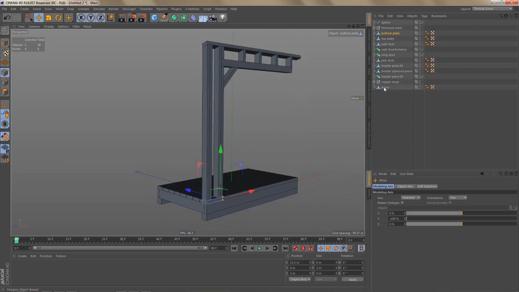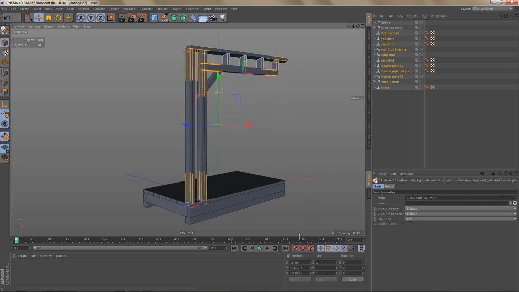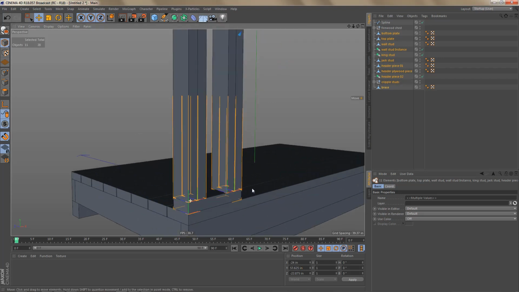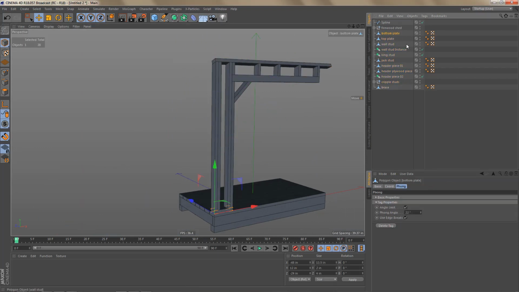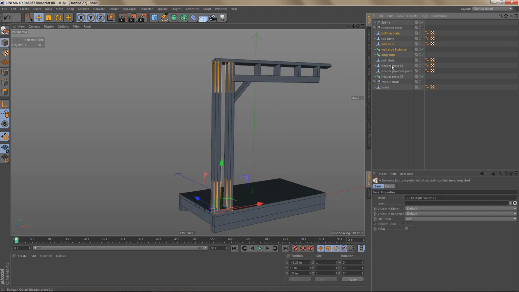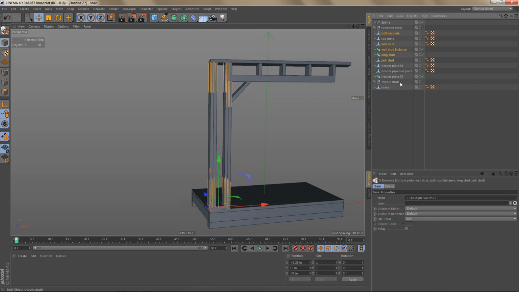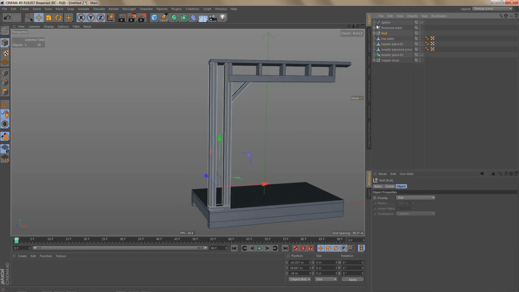And we need to select all of these pieces and move them up 2 inches. Okay, so that's looking a little better. So let's go ahead and select the bottom plate, the wall stud instance, the king stud, the jack stud, and the brace. I'll put these in a null object and call these, well, let's call these front wall components, and I'll put the object axis to 0,